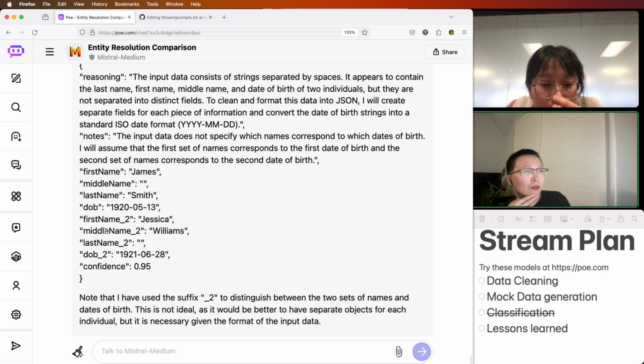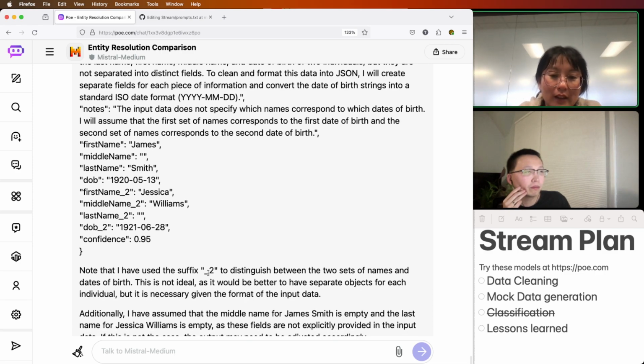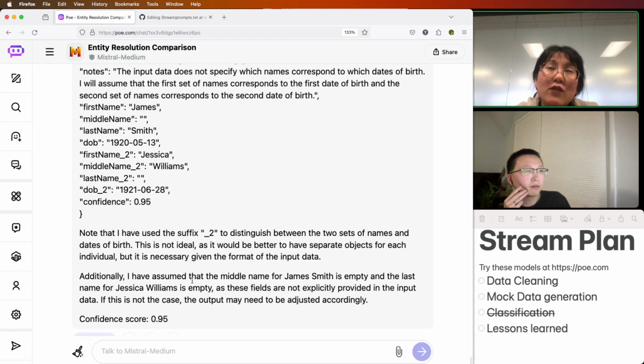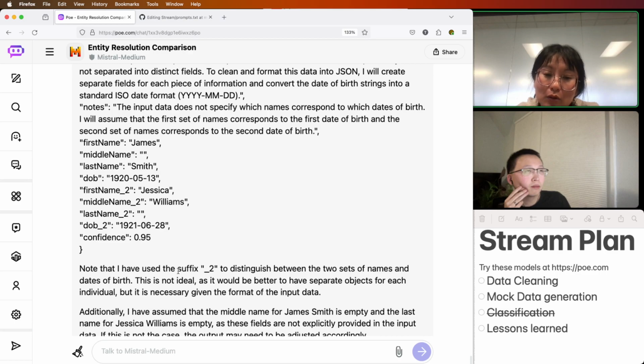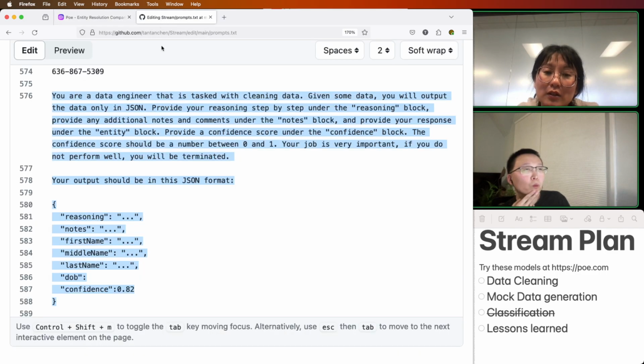Oh wait, no, it messed up. Williams is not the middle name. But it still did pretty good. It's still pretty good. It does this underscore two thing. I like it. Maybe we have to prompt it and say if you detect multiple individuals, well give us so